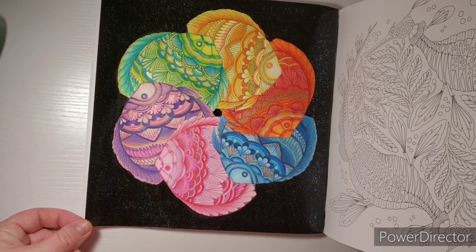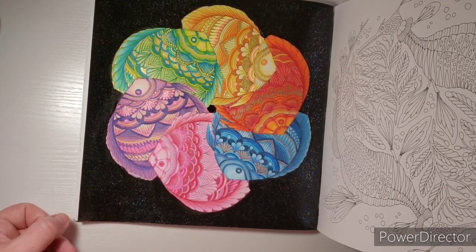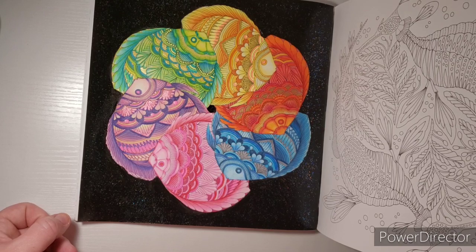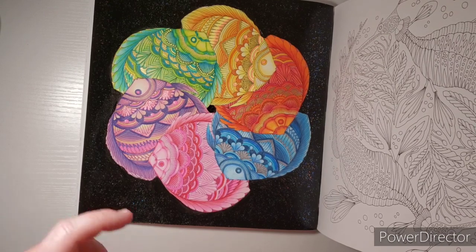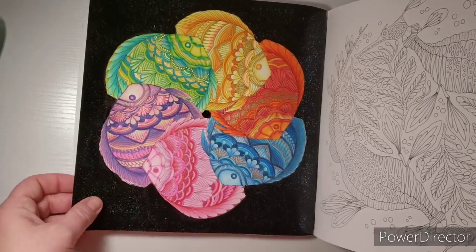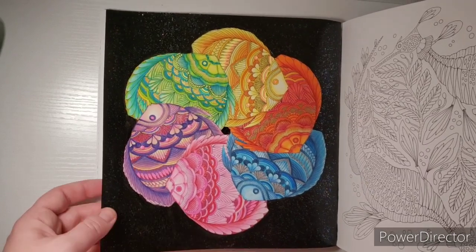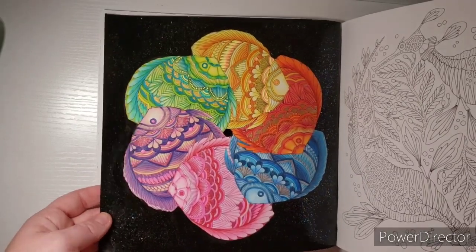I can't remember if I used my Black Widow pencils or my Colleen colored pencils. It was one of those, I think. And gel pens, of course. And then I have acrylic paint on the background. But then after it was dry, I added